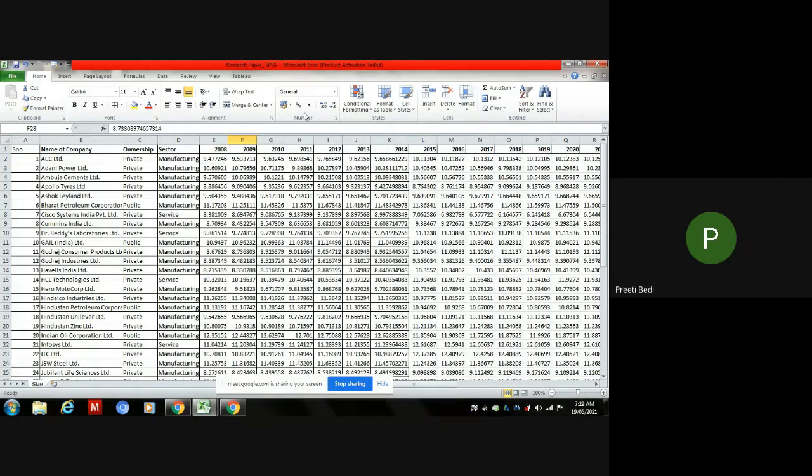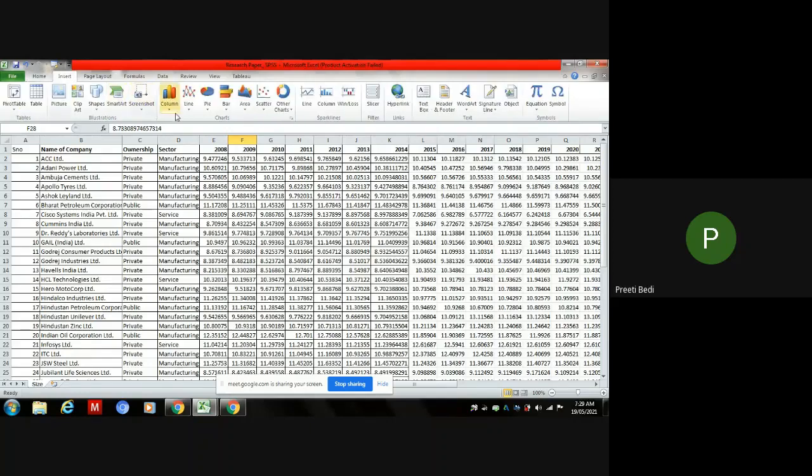Now, here is one add-in which I have put into the Excel. So you can see in the Excel that I have put some add-in, that is Tableau. Once you activate this add-in, it will be shown under your taskbar.